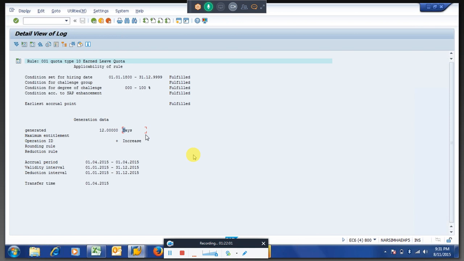That depends. If the client requires it like that, we can do that. If the client doesn't require that, we can skip it. See, we are not working on a client as of now. I am explaining how it will generate. Once you are aware of how the time type is generating the quota, and you are clear up to that, then I will tell you when the time type should generate.